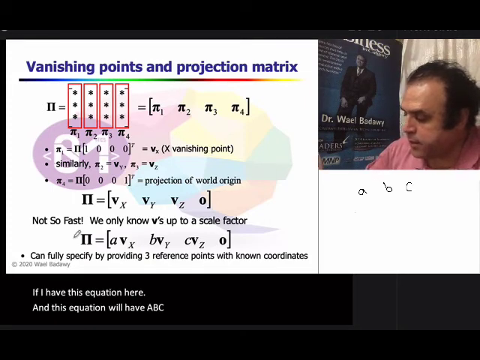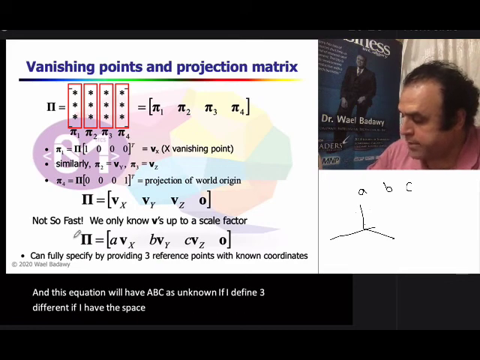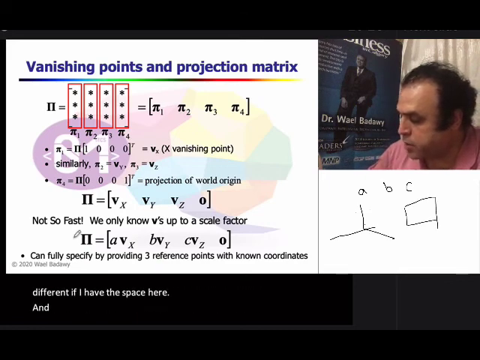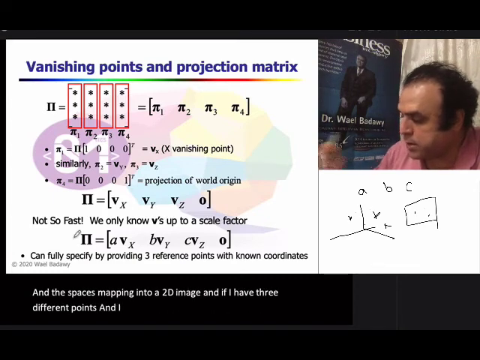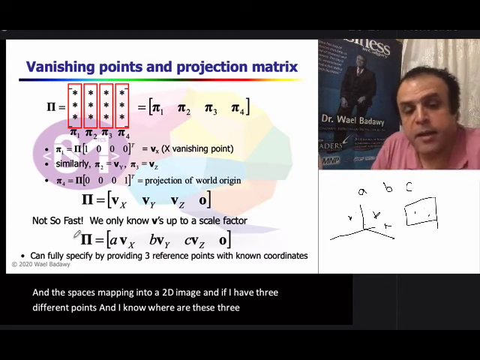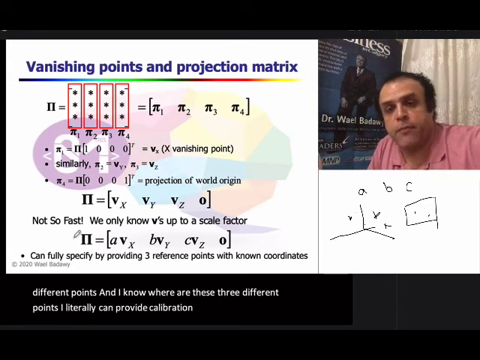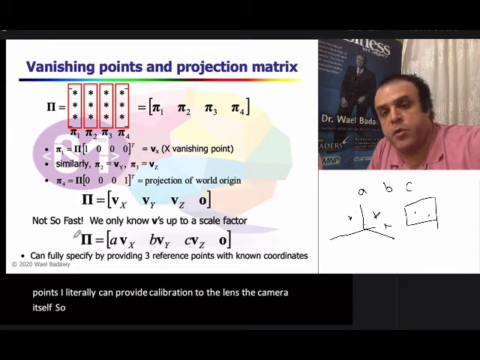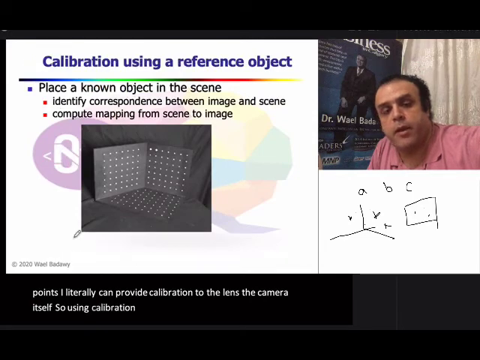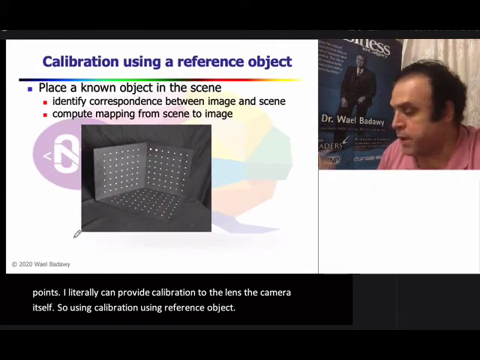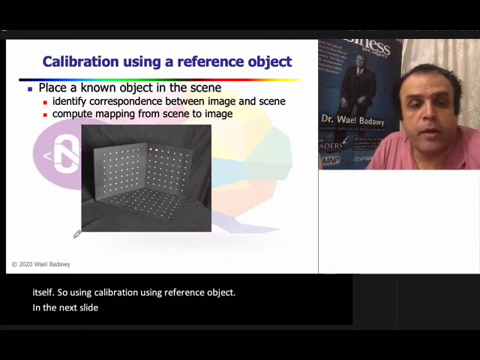If I have the space here, and the space is mapping into a 2D image, and if I have 3 different points and I know where these 3 points are, I literally can provide a calibration to the lens, the camera itself. So using calibration, using a reference object, in the next slide, it's a very common approach where we can